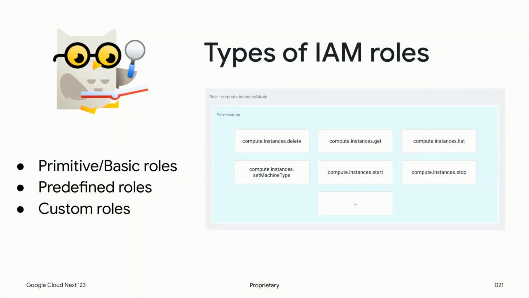So a primitive role is actually a throwback. These roles existed before there was even Cloud IAM in Google. These are some legacy roles that were created to allow people to kind of kick the tires when they're moving into the cloud. But by default, these roles are overly permissive. They're very, very broad. And these roles are owner, editor, and reader. And they're very, very broad in nature.